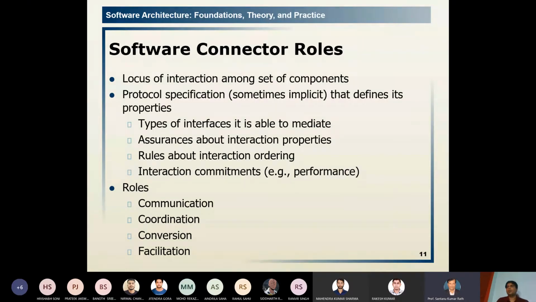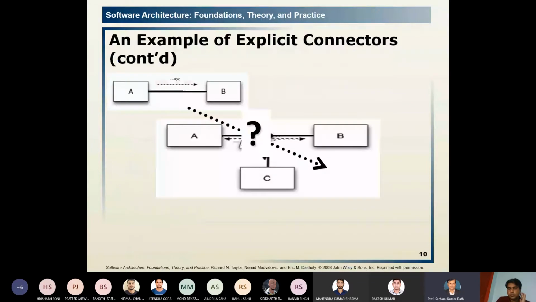Now, Deba, just go back. Here A should be connected to B, or A should be connected to C, or B should be. It's a wrong way of connection, right? When a connector is again connected to C, it's not the explicit way. It means it is not the proper interaction. Which one is interacting? Component A is interacting with C. From A, one diversion has come to C. It's not the way. It's not explicit.